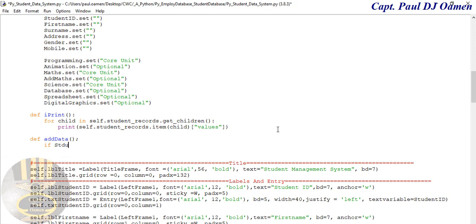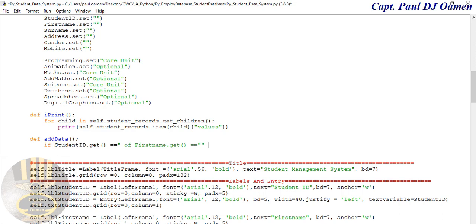If student ID dot get, if that is equals nothing, or let's say first name as well equals nothing dot get equals empty as well. Yep,